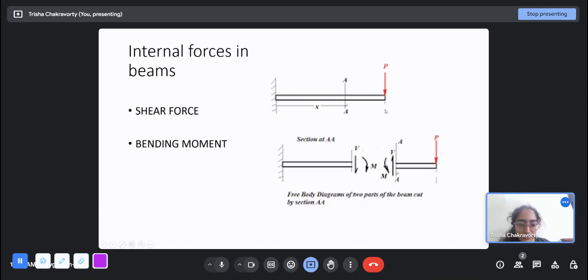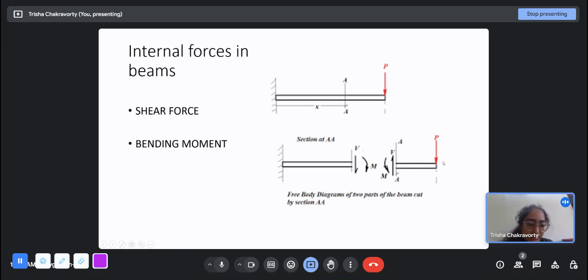Shear force is the force that is transverse to the axis of the beam. So this is a shear force, and the kind of moment generated due to a shear force is a bending moment. So if we take the free body diagram of this part, we just take a random section AA and take a free body diagram,